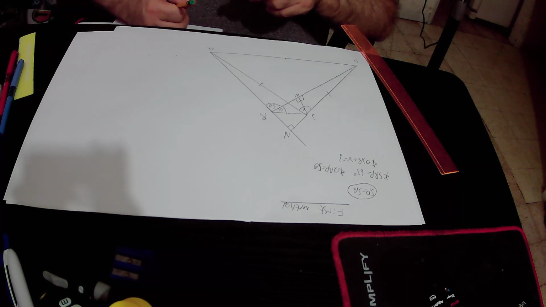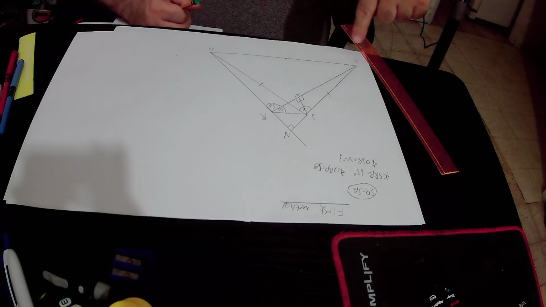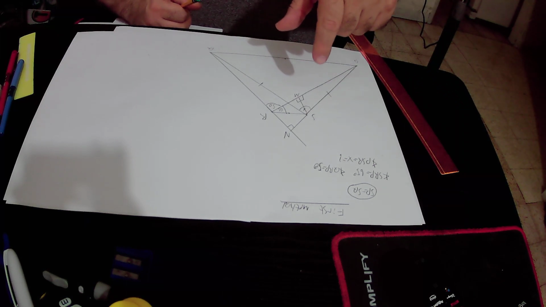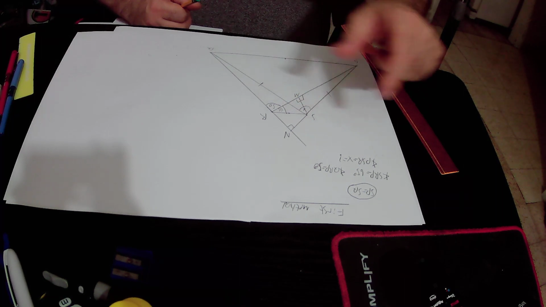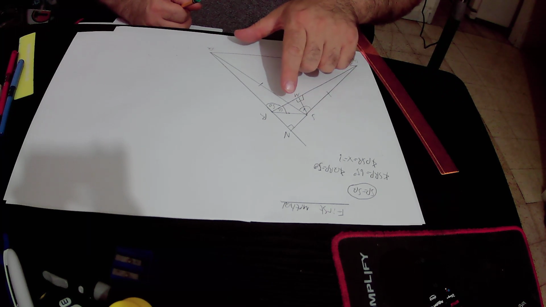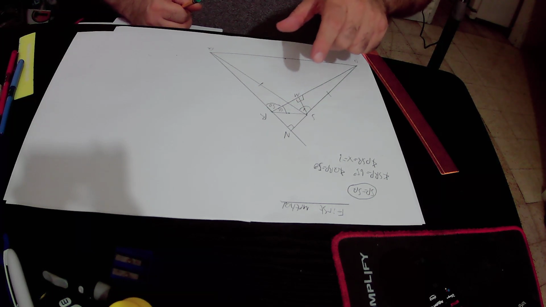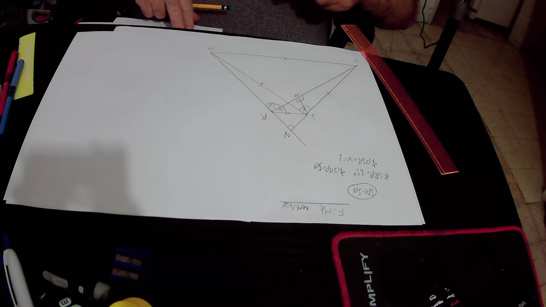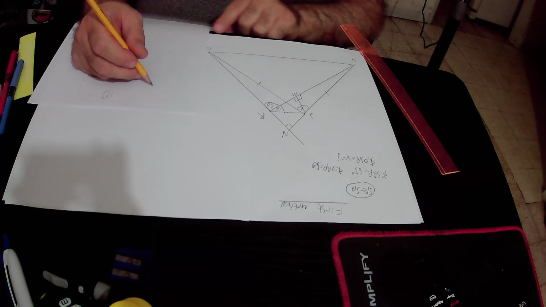So actually we know that QR is the side of quadrilateral SRQP, that is to say it is a straight line, and then we extended this straight line QR by a straight line RN. So actually QN is a straight line because it is composed of a straight line that was extended by a straight line, so QN remains a straight line. So I write it down. QN is a straight line,